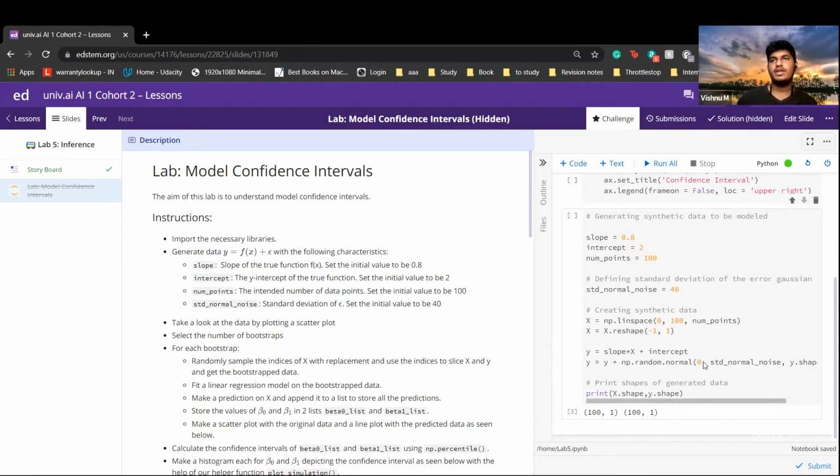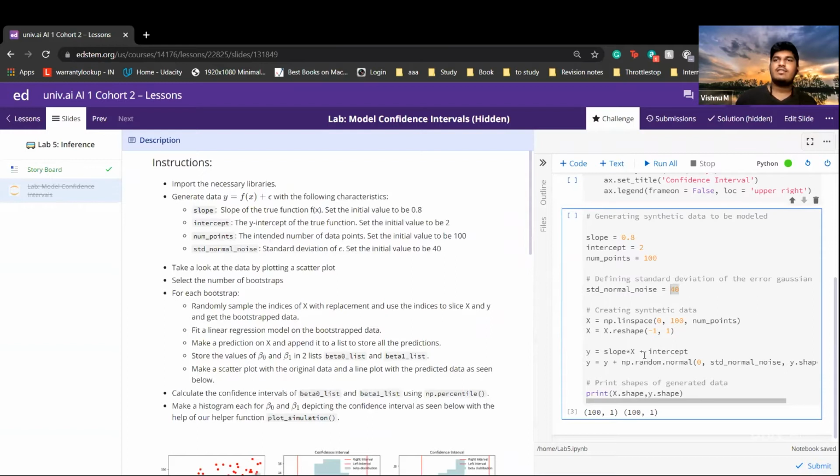With a mean of 0 and the standard deviation of 40 that we set. You can play around with the parameters later to change the data and see how the bootstraps get affected with this. Okay.